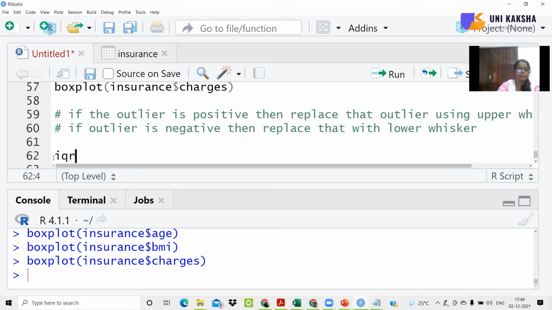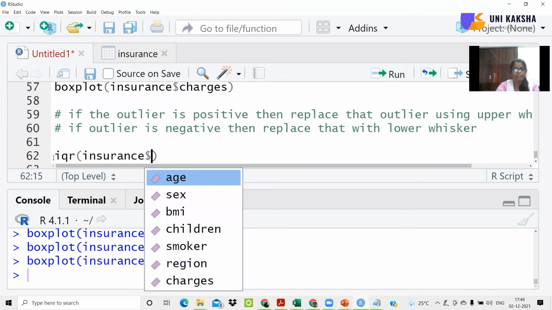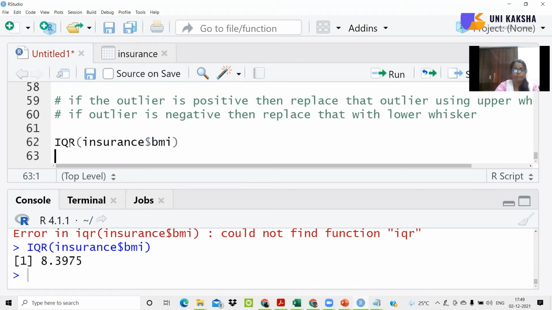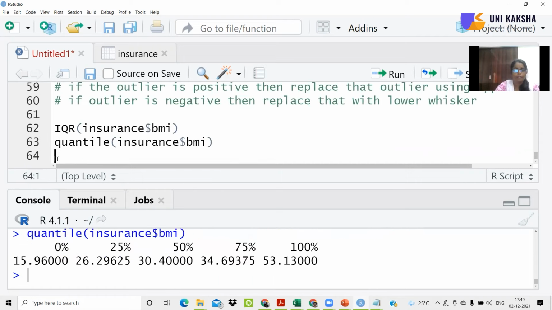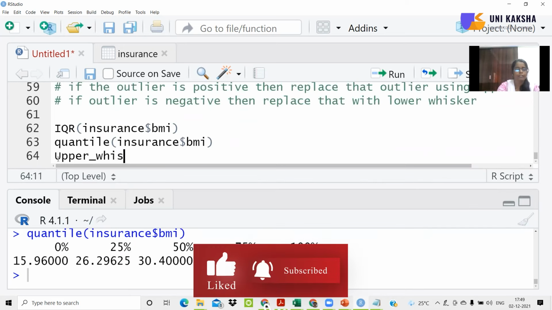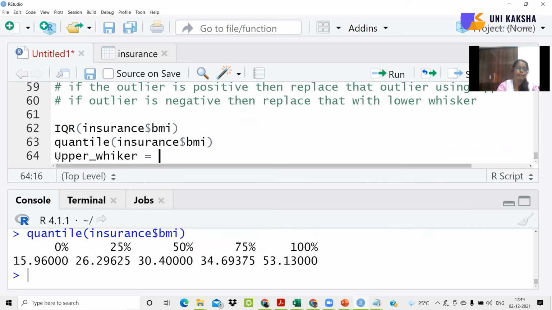So first I'll try to find out the IQR for insurance BMI. It's capital. Yeah, this is the IQR, and let's check the values of percentile for this BMI data. Now we'll try to find out the upper whisker value, because only the upper whisker is needed, because we found out that the outliers are present on the positive side only.